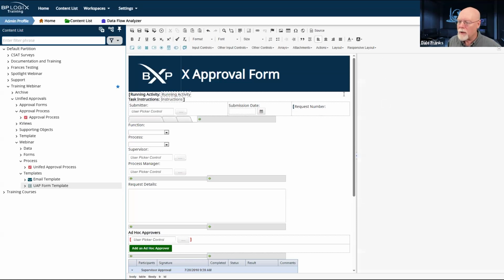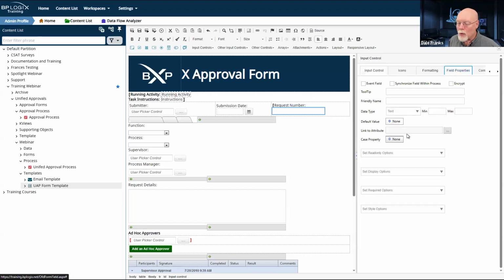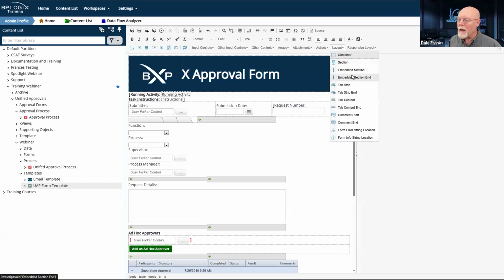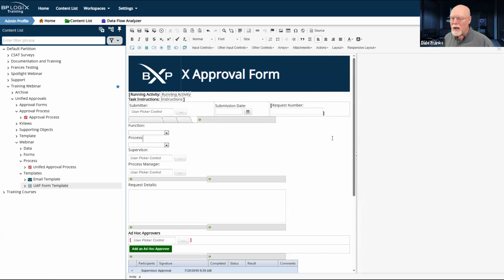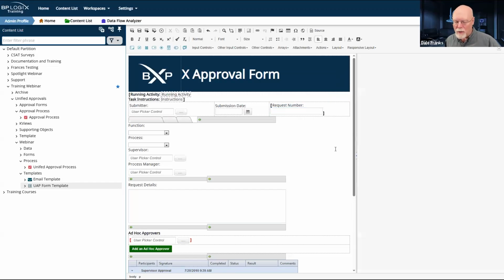Again, shift enter to throw in a break. And we are just going to throw in a text box control, an input control that we're going to call recno. And again, in this case, we're not going to set a default value since nobody's going to see it. I don't need to throw that generated when submitted in there. I do, however, still want to put it in as field is disabled. And once I've done that, I can go back to layout and throw in my embedded section end for that field. So now we have a request number. It is called recno, and we will fill that field value from our custom task that we just configured.